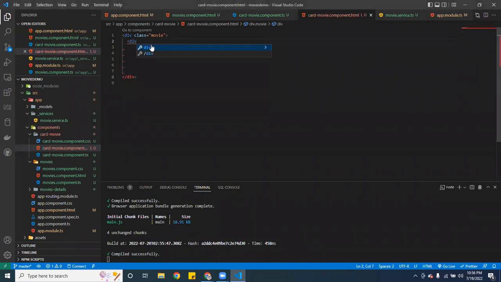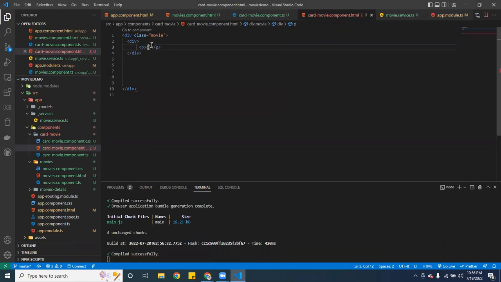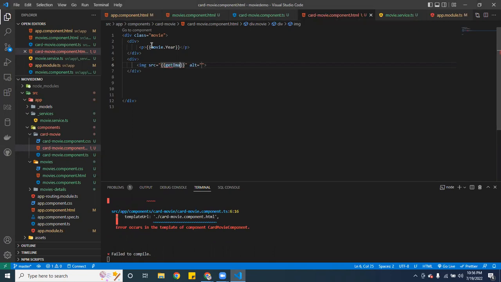So here I'm going to create a div, and here I am going to go with the P, and this one I'm going to pass movie dot the year. Okay, so I'm going to pass that. I'm going to create another div, and inside this div I am going to pass an image, and this one is going to be get image. I got to create a function like that, and this one is going to be, let's go ahead and make that alt, and this one is going to be movie dot title, and let's create another div